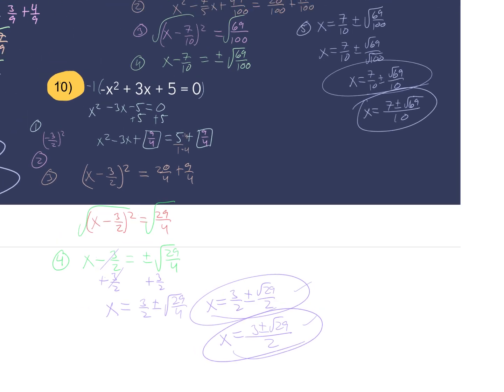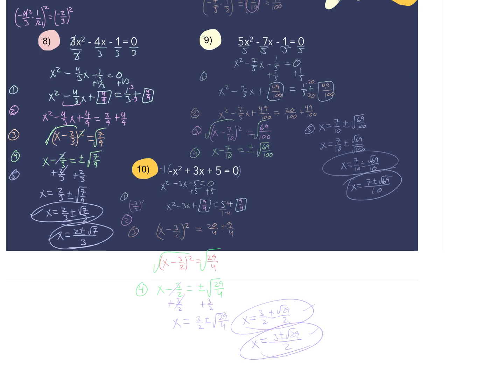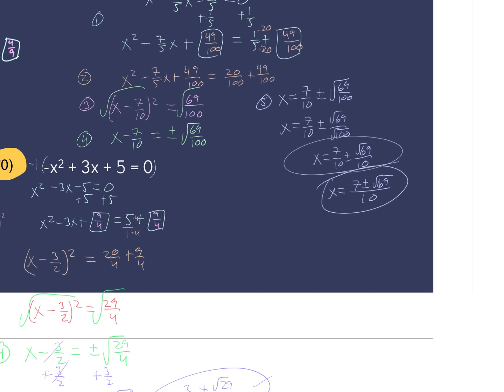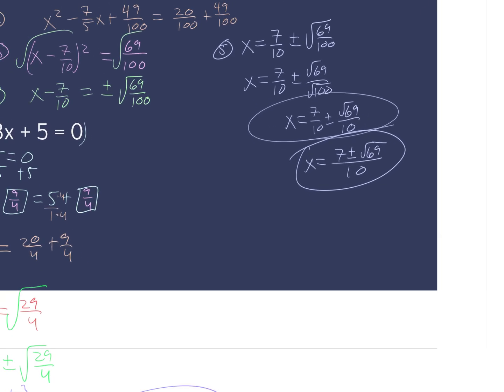All right, so you can see that some of these, especially when the middle term is a fraction, require a considerable amount of work, right? So this is really especially useful, right? So solving by completing the square is useful when we have an x squared with nothing in front of it, because then you don't have to divide by that number in front of it and then risk the possibility of getting fractions. So it's useful when we have an x squared